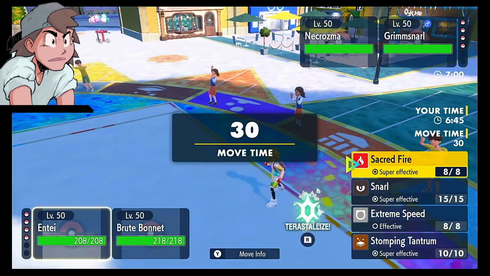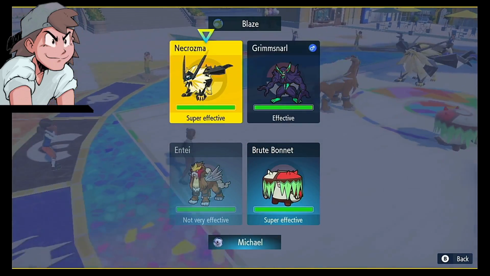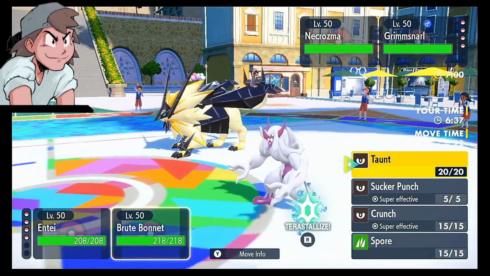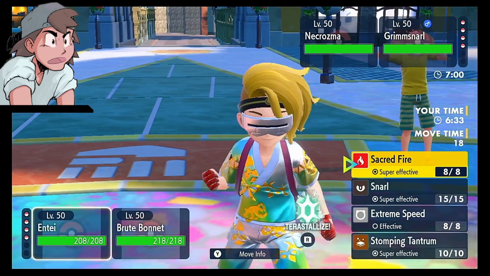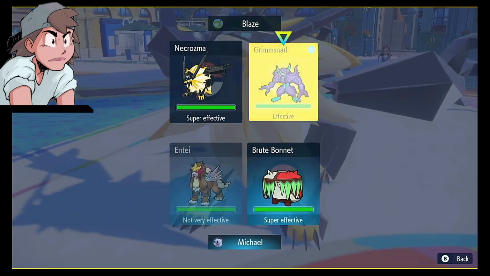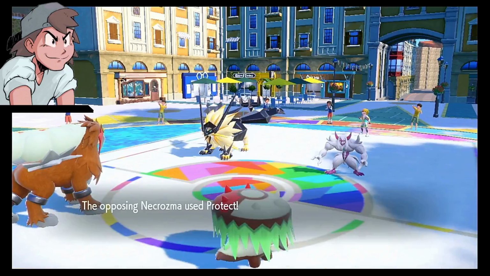So let's try Sacred Fire. No, let's not do that. I just don't want to get hit with weakness policy stuff. So I'm going to try to put...